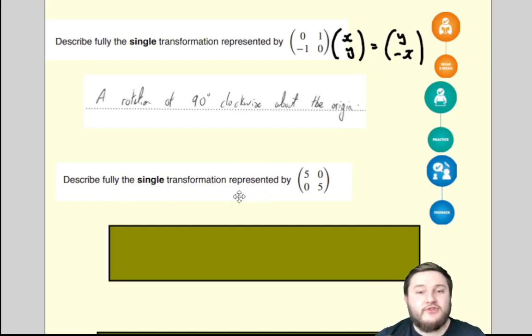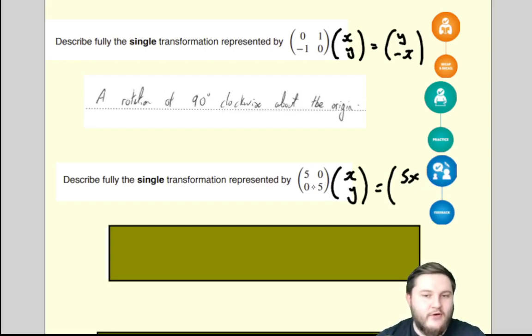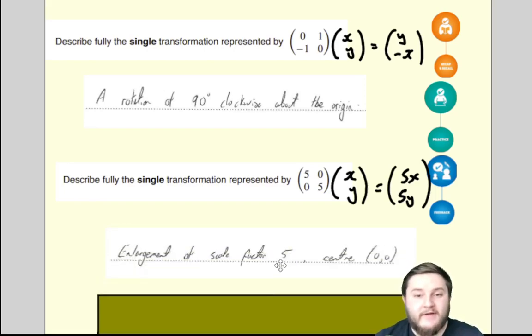Describe fully the single transformation represented by 5, 0, 0, 5. Well, if you multiply it by a coordinate (x, y), you're going to get 5 times x is 5x, 0 times y is 0, and then 0 times x is 0, 5 times y is 5y. So you get (5x, 5y). In other words, all the coordinates get multiplied by 5. So that is just an enlargement by scale factor 5, centre (0, 0). It's really important we mention that it's about the origin, or centre (0, 0), for all of these transformations,